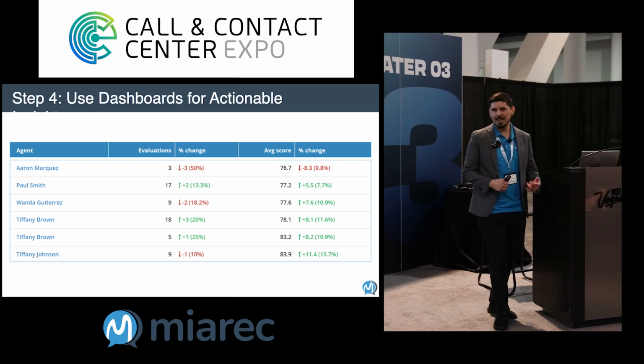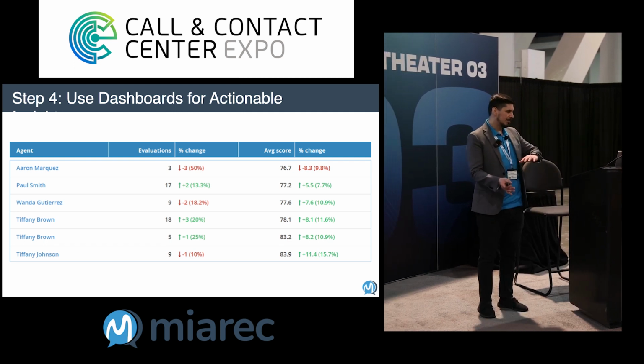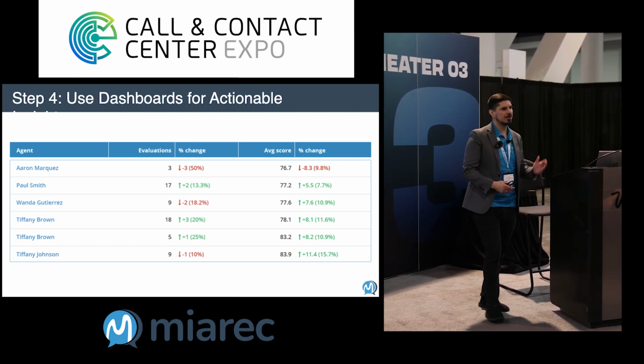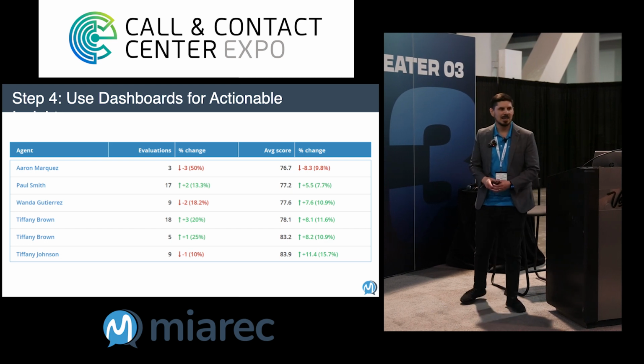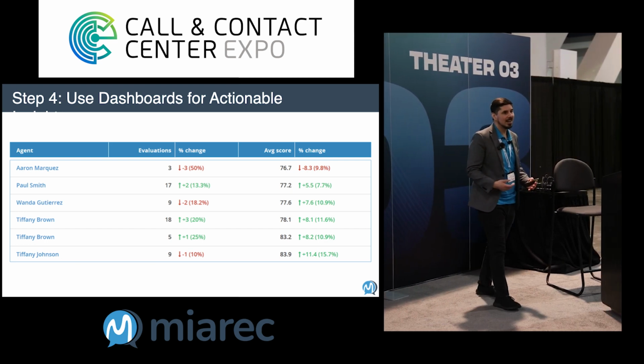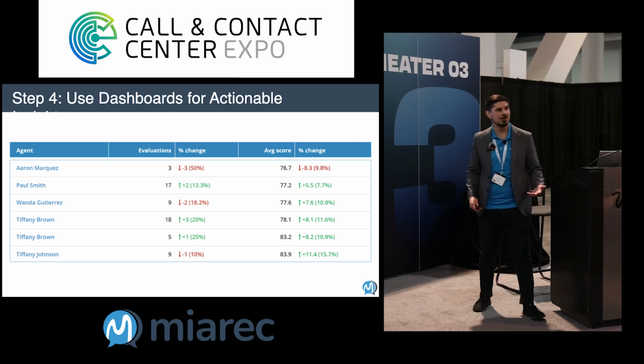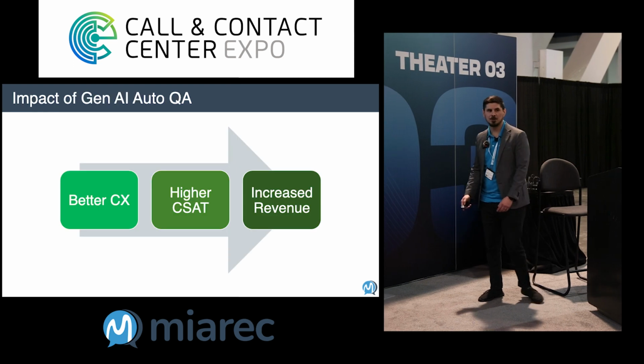So we're looking at these QA scores and seeing if our agents, over any previous period of time, are their scores going up or are they going down, right? So you can, again, really use that data to see if your agents are responding well to coaching. Maybe they're on a performance plan. You want to see how their scores are changing over time. So the trend analysis is super helpful.